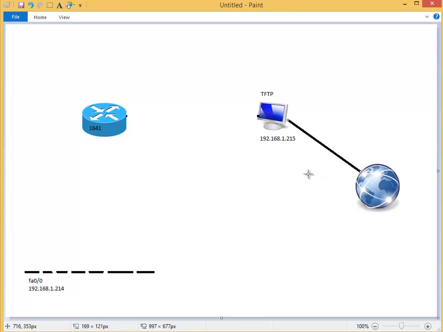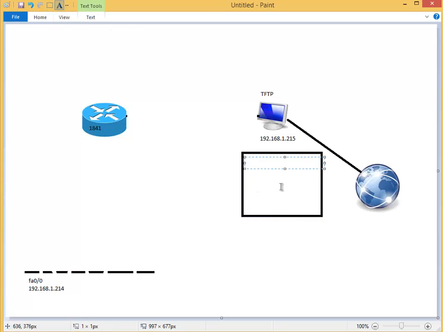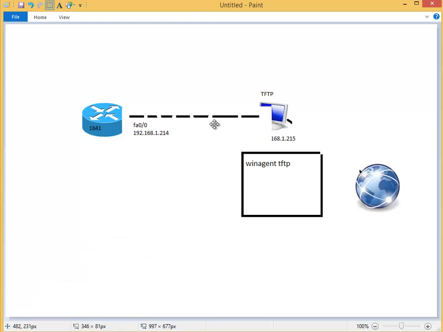What we did is on this PC we downloaded a TFTP server and installed it. The TFTP server that we downloaded was WinAgent TFTP. WinAgent TFTP gives you 30 days free usage. Right, so what we did is I unplugged that cable, this cable, went there and unplugged it, got rid of it, all of it, and plugged in a crossover cable